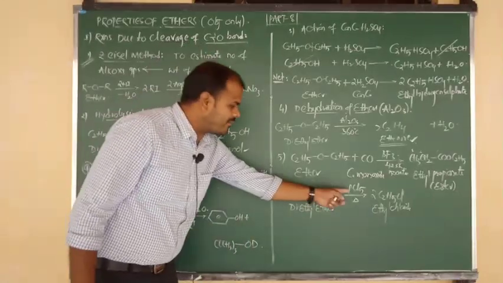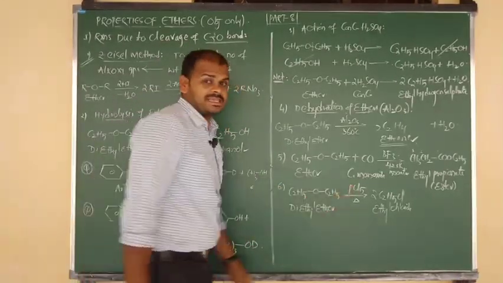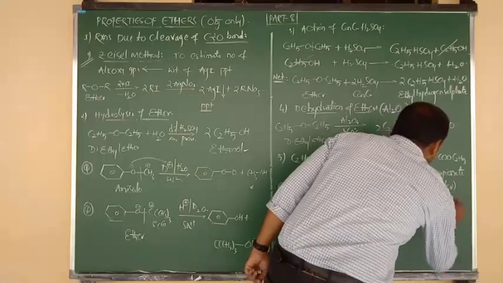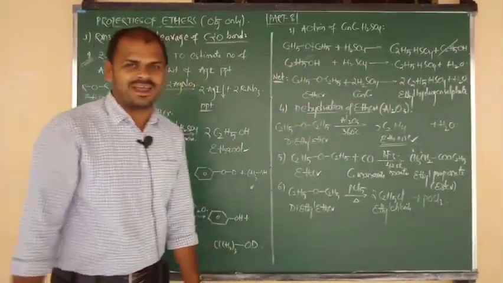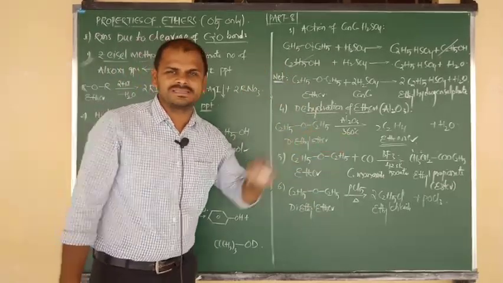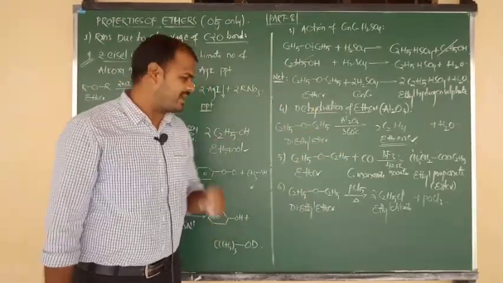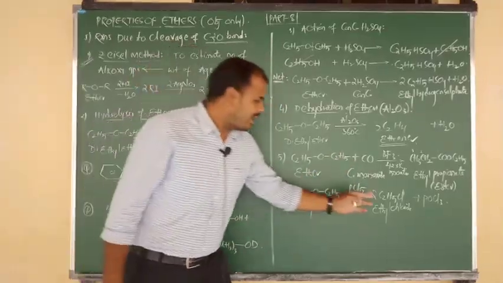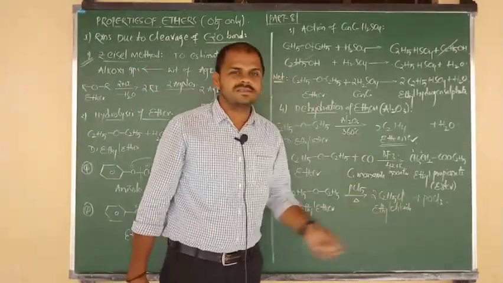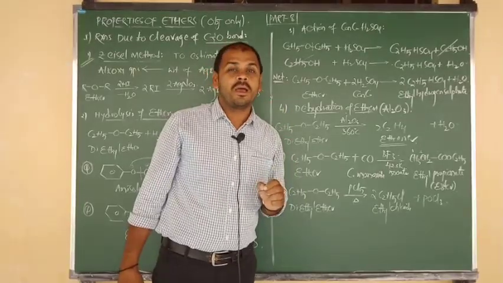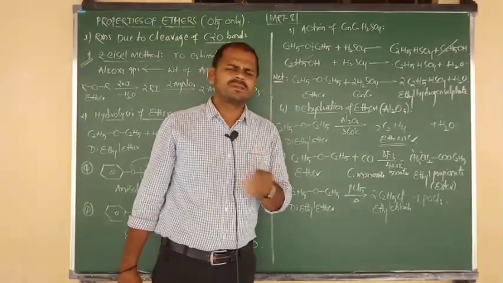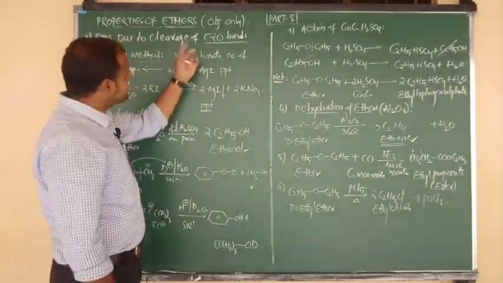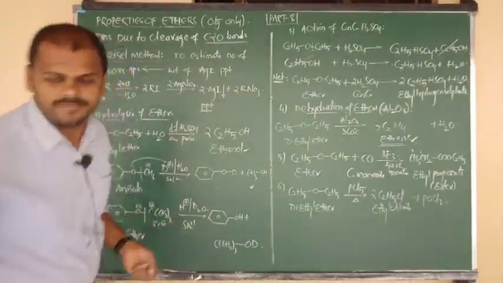Okay, remaining 1 phosphorus, 1 oxygen, 3 Cl. That means we can eliminate in the form of POCl3, phosphonyl chloride. You have written it as a byproduct in many reactions. Okay, once again. So ethers on reaction with phosphorus pentachloride give alkyl chlorides and the byproduct is nothing but POCl3, phosphonyl trichloride. Simply we can say phosphonyl chloride. In that CO cleavage, another 2 reactions are there.